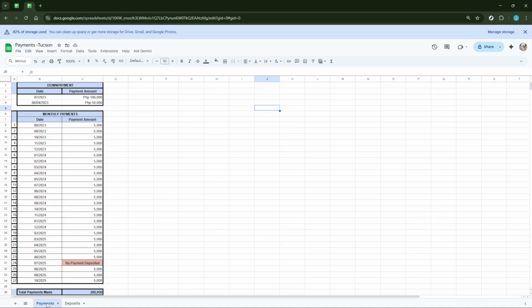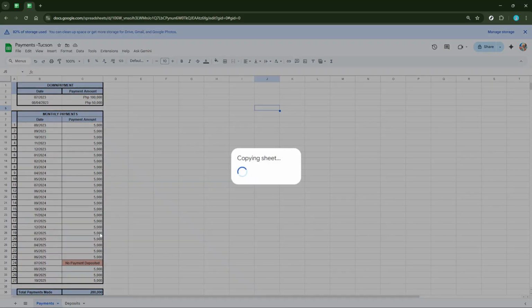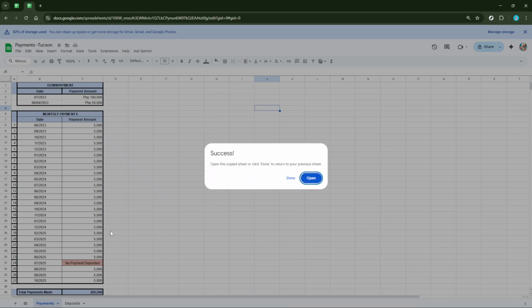With the correct tab selected, the next move involves creating a new file with just this tab. You'll need to right-click on the tab's name. A menu will pop up, giving you several options. Among these, find and select Copy To. A subsequent choice labeled New Spreadsheet will appear. Clicking on this will initiate the creation of a new, separate Google Sheet featuring only the tab you've chosen. This step is crucial because it isolates the tab from the rest of your document, keeping the other tabs confidential and secure.